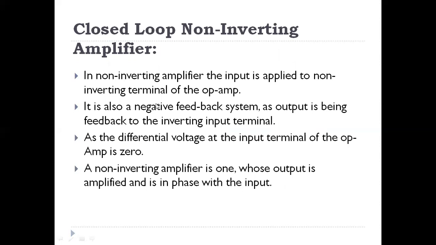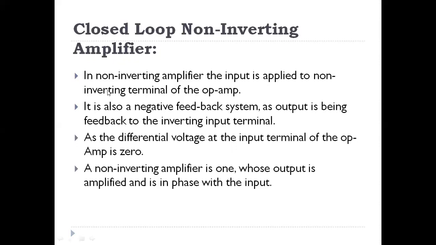In a similar manner, for the non-inverting amplifier, we are applying some feedback. That means we are providing some feedback from output to the input. So what is the voltage gain when we are applying the feedback? That voltage gain we should calculate here. In this case also we are applying the rules. The difference voltage between the two input terminals is 0, Vd equal to 0, so V1 equal to V2. And next, the currents entering into the op amp are also 0, so I1 is equal to 0 as well as I2 equal to 0.